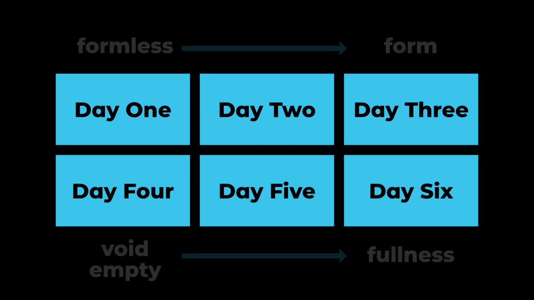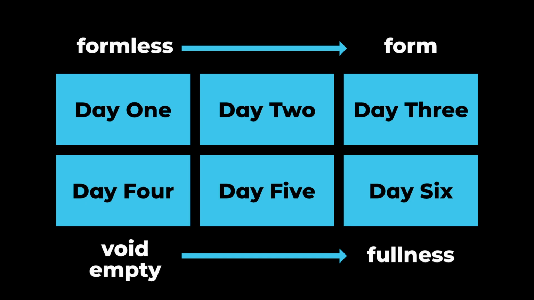So we see from day 1 to day 3, there is a movement of formlessness to form. What do I mean by that? So day 1, what happened on day 1? God separated the light from the darkness. Without light, there is no form. There is no life. God separates the light from the darkness. What does God do on day 2? Remember the tin pot, that God separates the sky and the sea. What was just waters of chaos, waters of tohu,